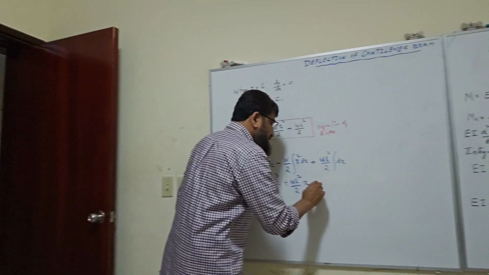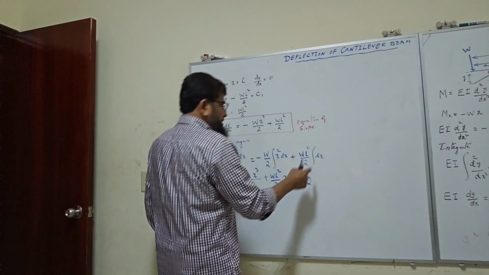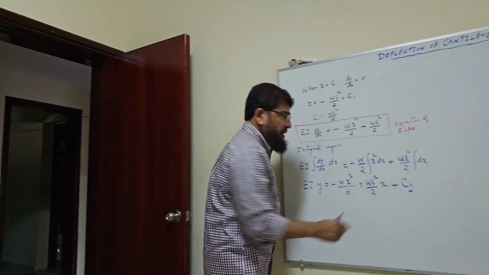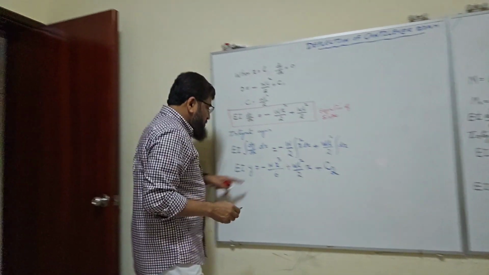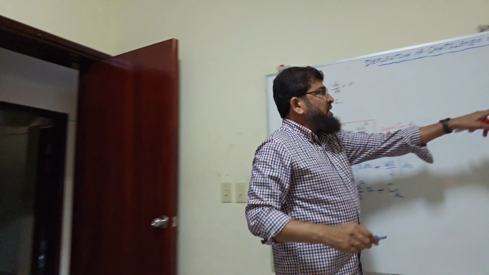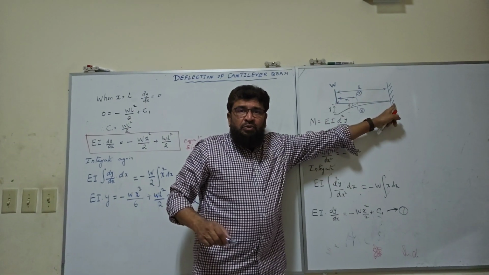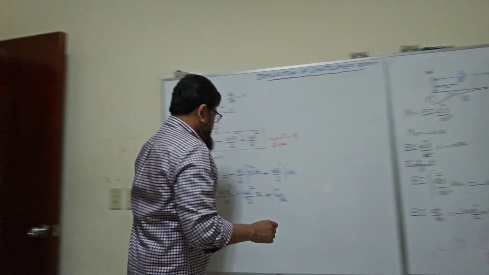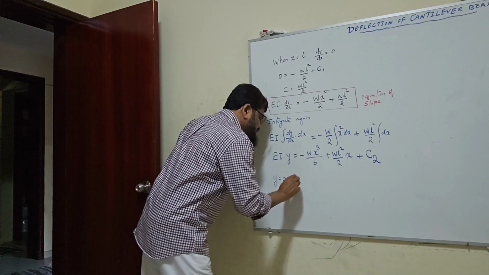Plus I will have another constant, which is the sum total of all the constants of this and this. Now let us again apply boundary conditions. What are the boundary conditions? Your y will become 0 when your x is becoming equal to L, correct? So now I will come here, y is equal to 0 when